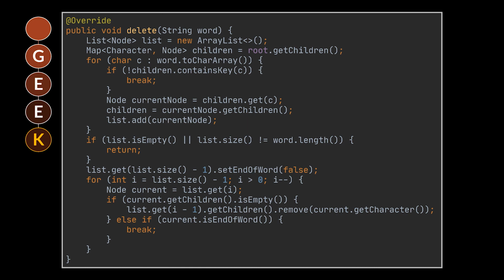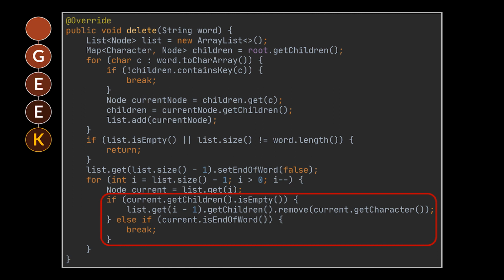When we reach the letter K, we will check if its children's map is empty. And well, yes it is, we just deleted the last child. So if we didn't have this last check, we would go ahead and delete the node K all the way till the root. The last condition we added prevents this from happening.